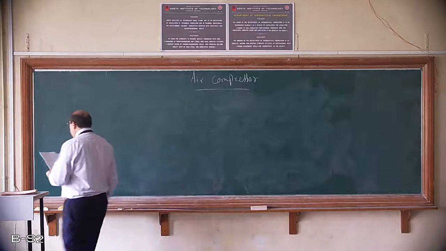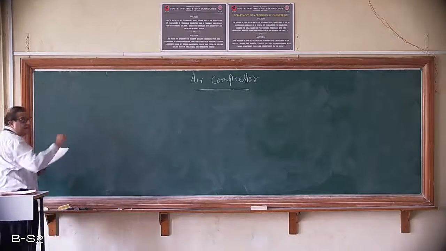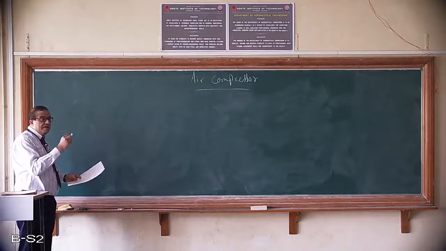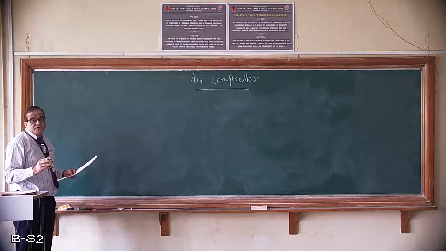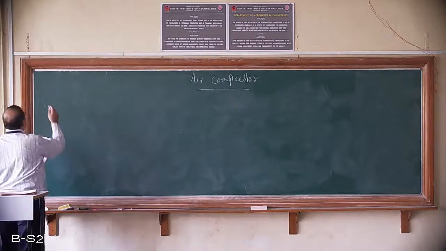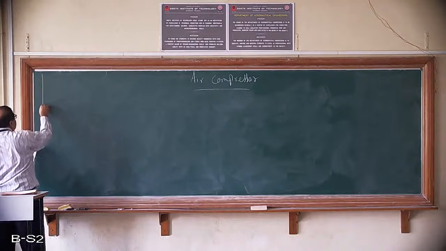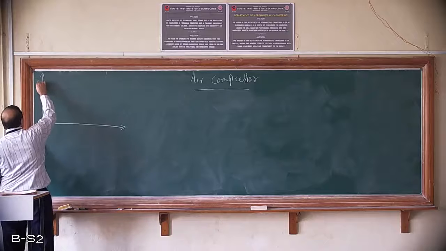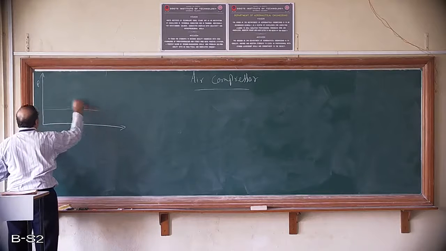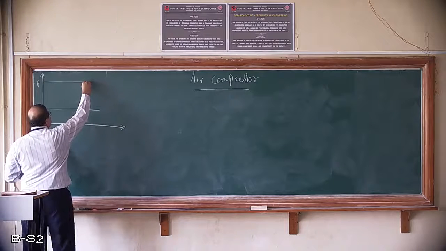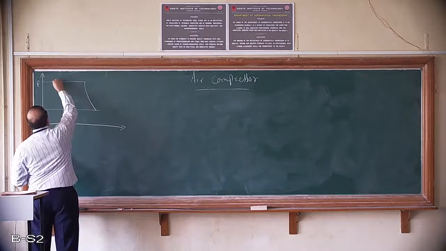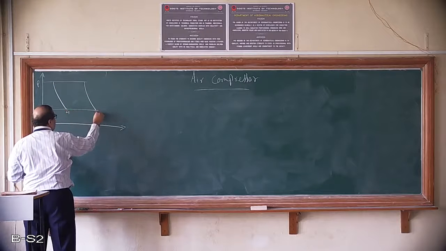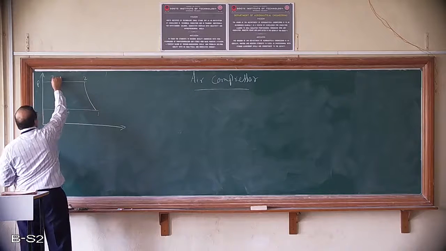So what is given? First we will understand. Always we should write the PV diagram, and whatever data are available, put it in the PV diagram. That will fetch you 1 mark in the problem. So always try to have a habit of writing the PV diagram. That's important. It's a compressor with clearance volume, so this is the PV diagram we need to write, with points 4, 1, 2, 3.